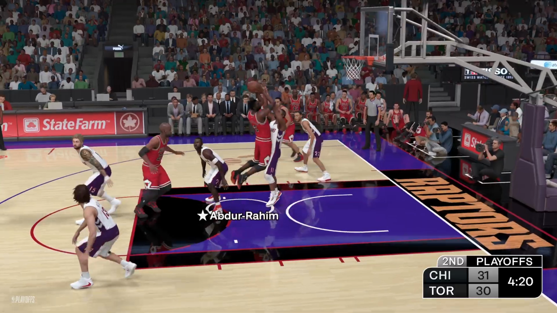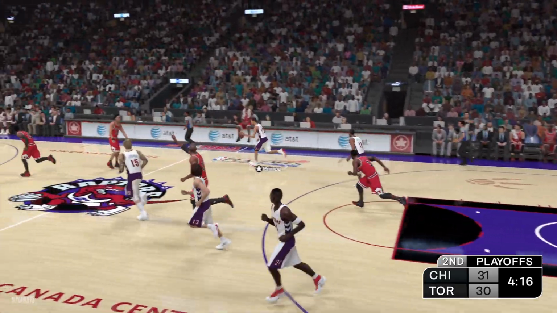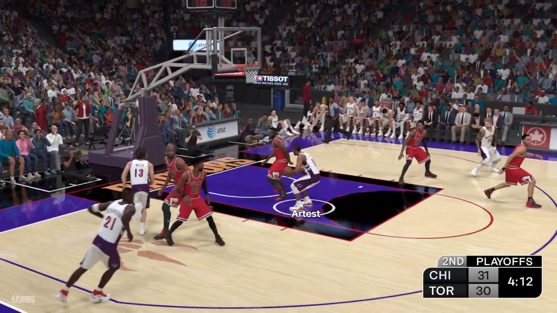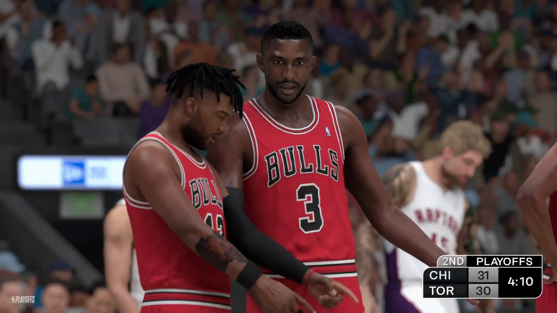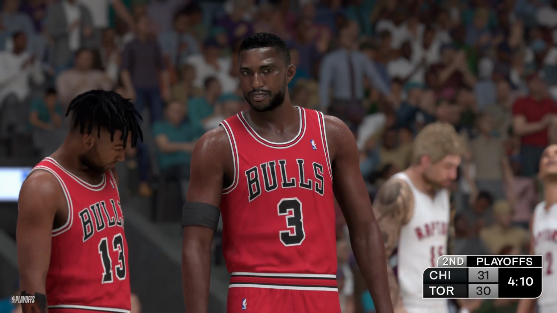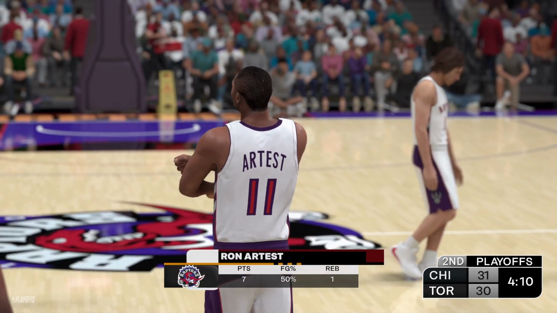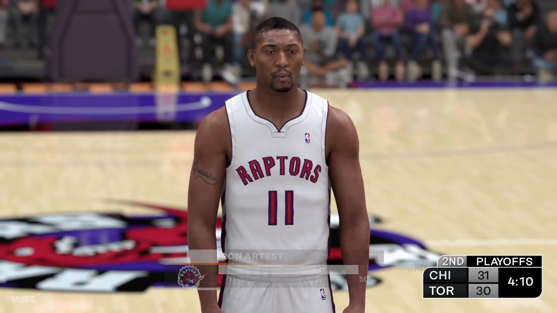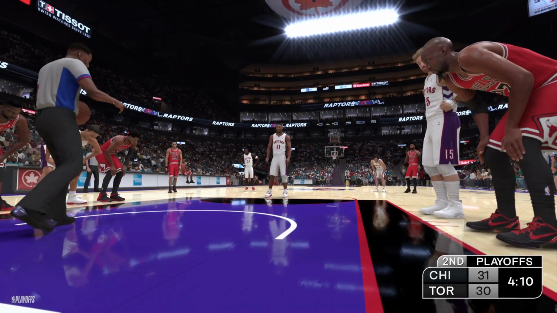Here's Abdul-Rahim, covered by Artest. Abdul-Rahim can't hit. And so it's Prince with it. He brings it up for Toronto to the inside. You're not going to find a more rugged player than Artest. He will battle for every loose ball, every rebound, and he'll defend with every ounce of energy he has. For Toronto, they have made 3 free throws so far. Haven't missed any. 2 shots.